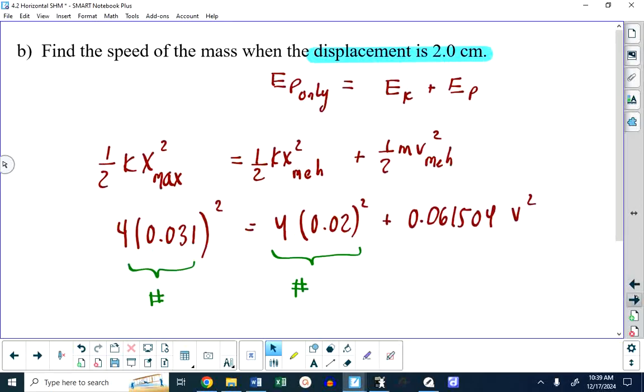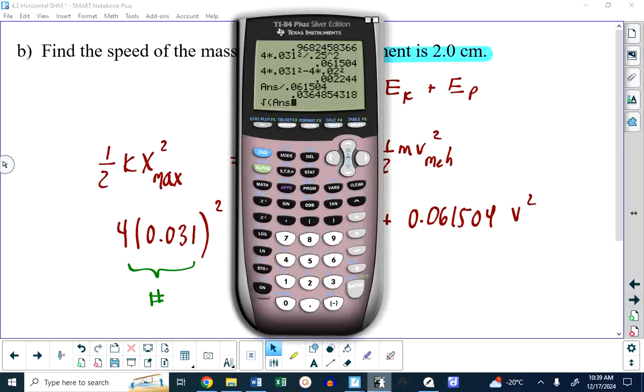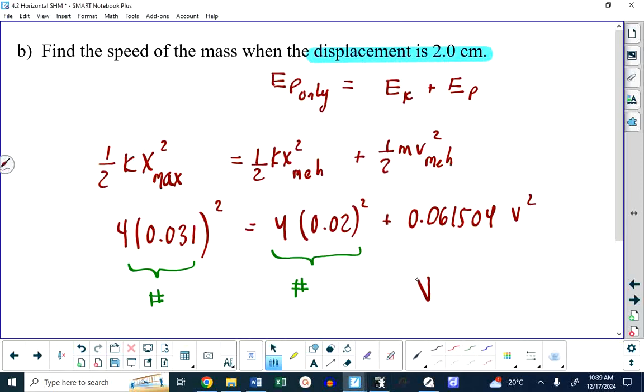Since this is what I call a meh point, the speed has to be smaller than the maximum speed. It's only about 19 centimeters per second instead of 25. And just to put a cherry on top of this,